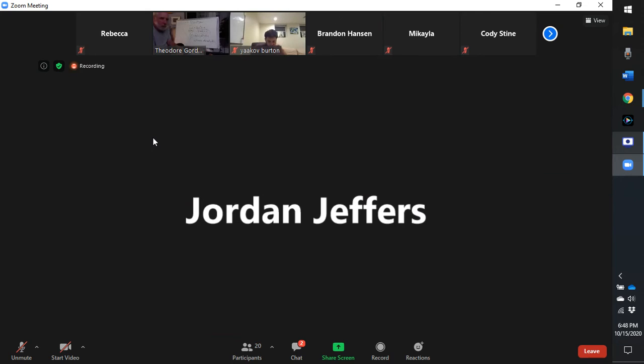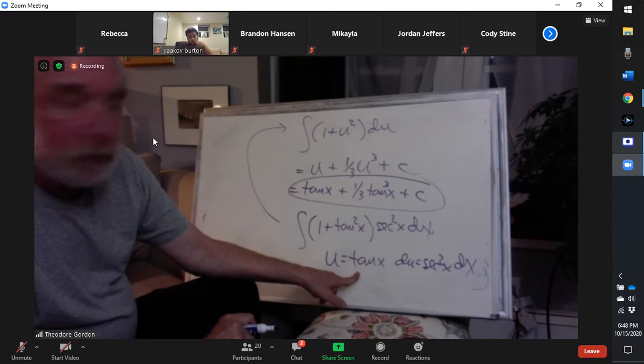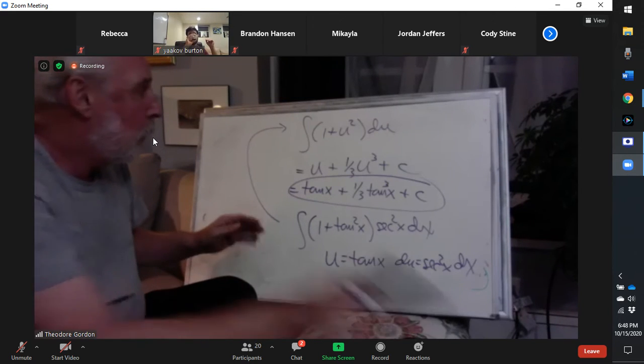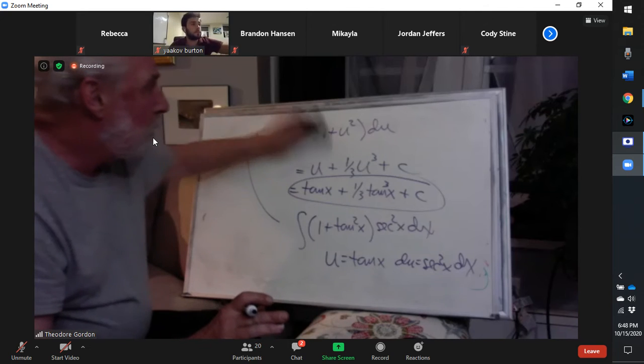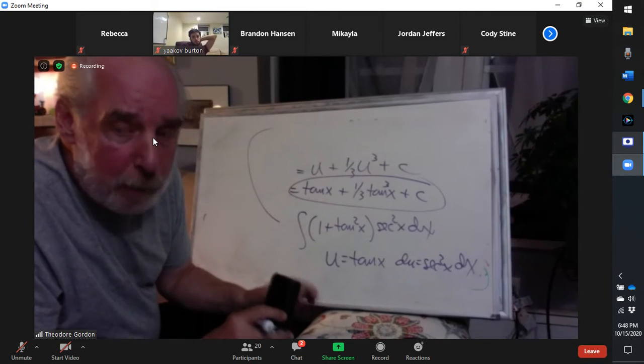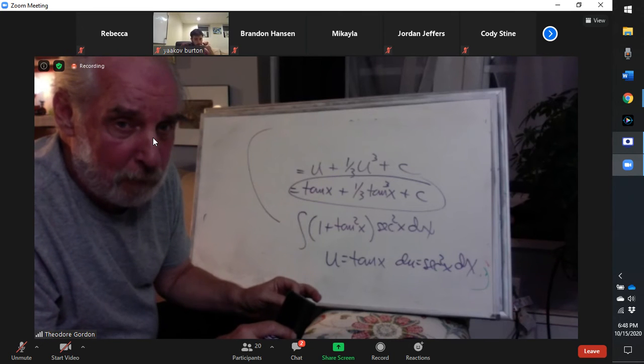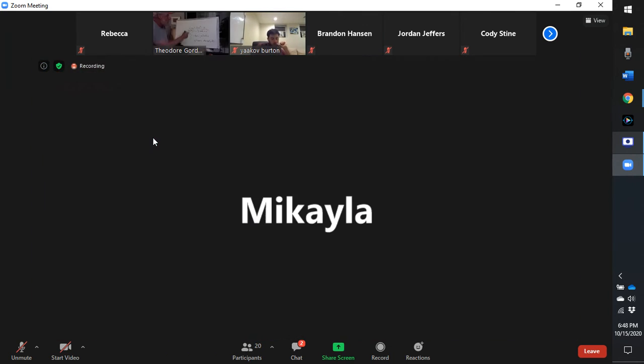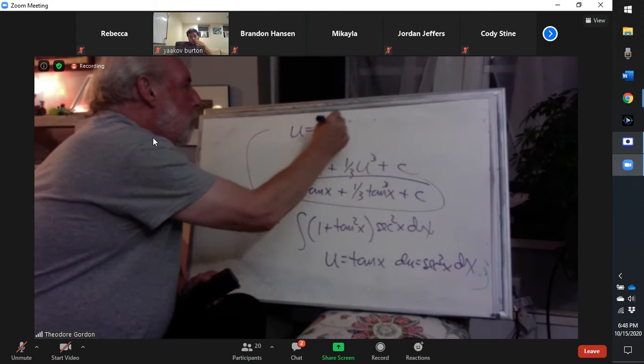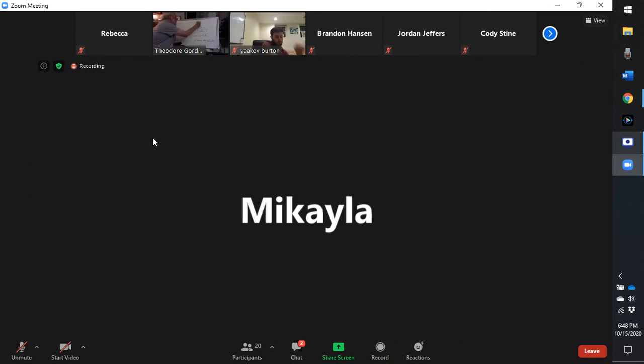Isn't it 1 plus tangent squared x for the u? No, it's just tangent. Okay, gotcha. I see that a lot. So the last time I made 1 plus sine the u because it was sine to the first power, and the 1 was a constant. If we said that u was equal to 1 plus tangent squared, right? If we were to say that,